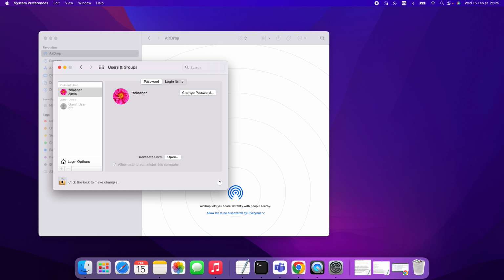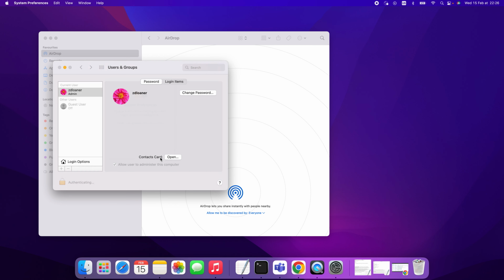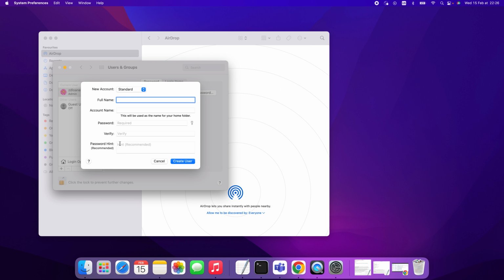For example, if I want to create a user like this, I'll show you. So on Mac, you need to press on this padlock over here, d'accord, which will unlock. So you need to put the password there. I'm going to put the password like I used to log in, d'accord. So unlock. So from there, you will be able to add a user, voila, new account, a standard account, not